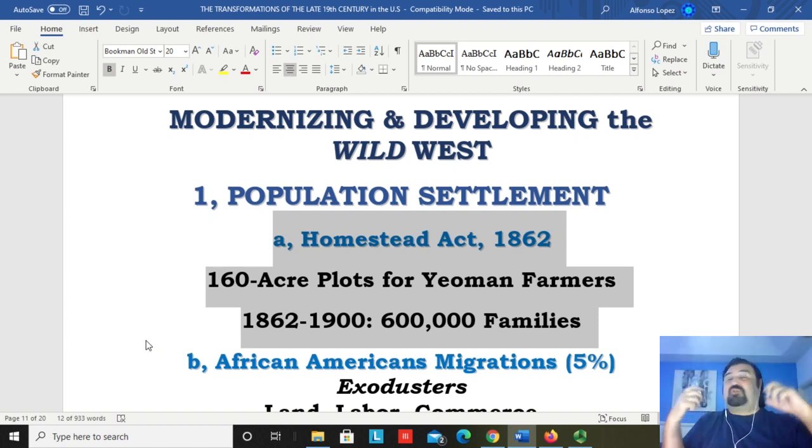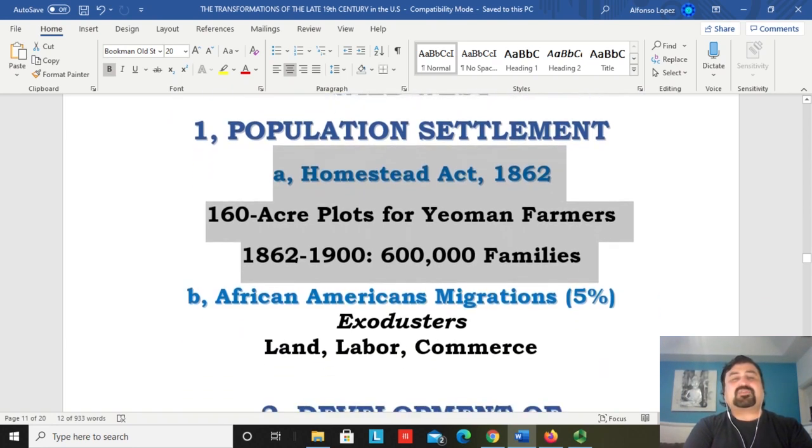No, this is to actually make sure that Americans own their own land, and they're in control of their own resources, and that they're productive, and that they actually generate wealth from the land. How? Well, farming. There's going to be a need for more food to feed the growing population of the country. So let's create millions of new farms. So the Homestead Act of 1862 awarded 160 acres